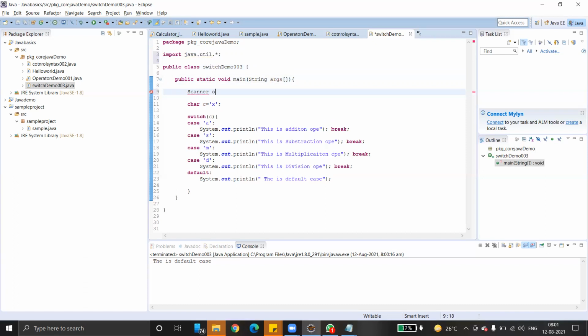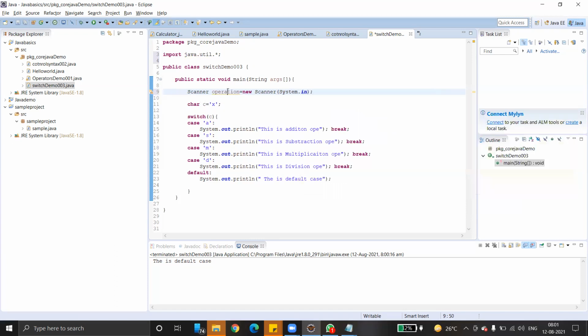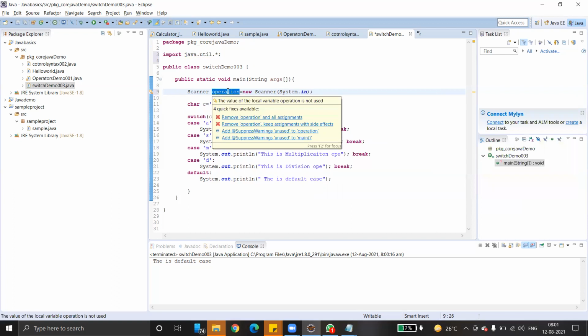Operation equals new Scanner of System.in. So it fetches the value into the operator. Then it will take the value. Here you can see operator, right? You can directly pass an operator here.